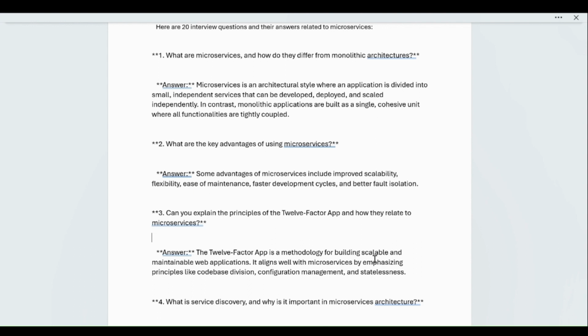Faster development cycle, because it is independent. If one developer is working on the backend API, take a banking app for example: one API is created for account information, one for the savings account, one for the current account, one for user profile information. These are all independent, so each developer can be assigned one and work independently. That's why development becomes fast, because the pieces are not connected to each other and have fewer dependencies.